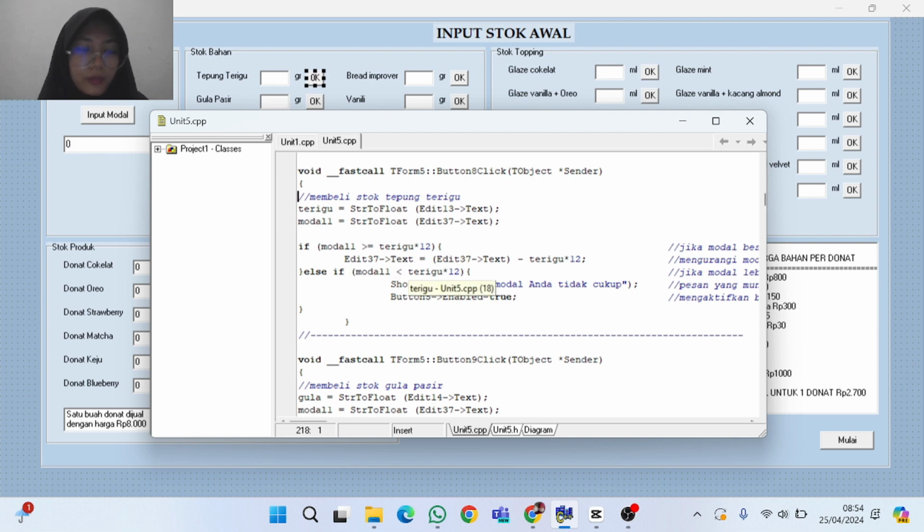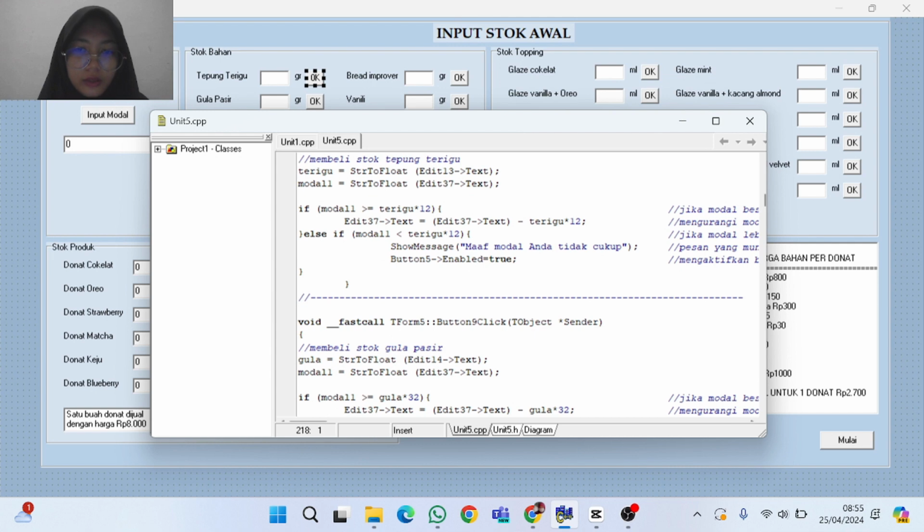Capital 1 will be deducted by the result of the multiplication. If the capital is smaller, then a message appears, sorry, your capital is not enough, as well as other ingredients.